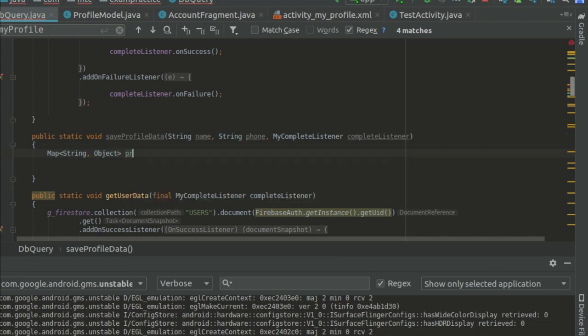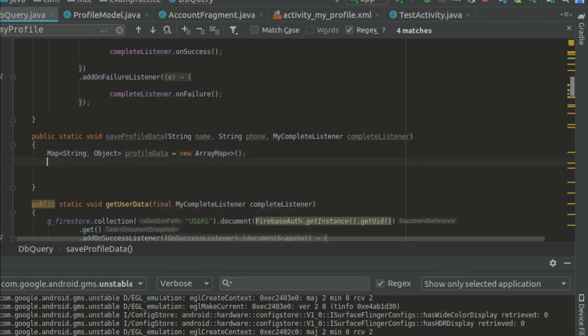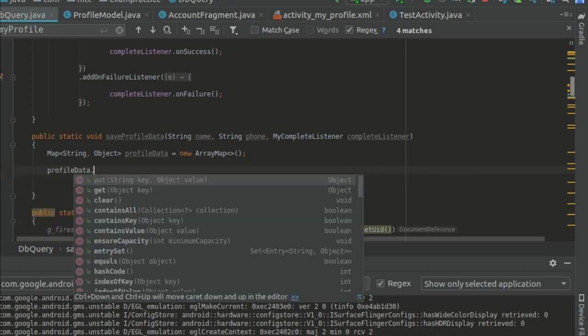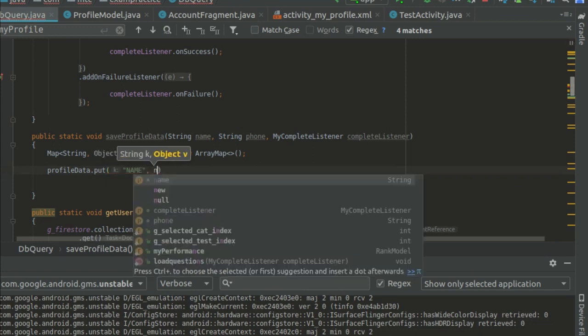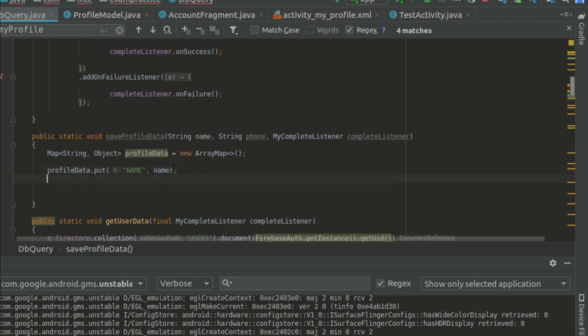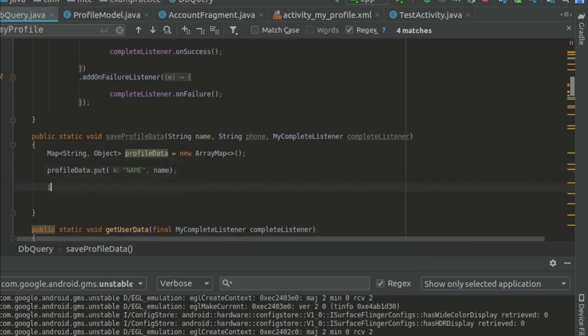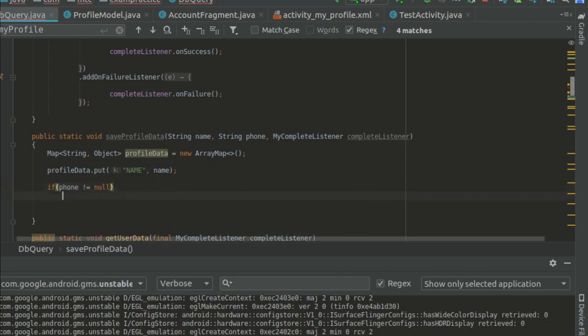and the name of the map is profile data, equal to new array map. Profile data dot put, and here name is what we got from the function parameter, and we will check if phone is not equal to null. If we are not getting a null phone number,